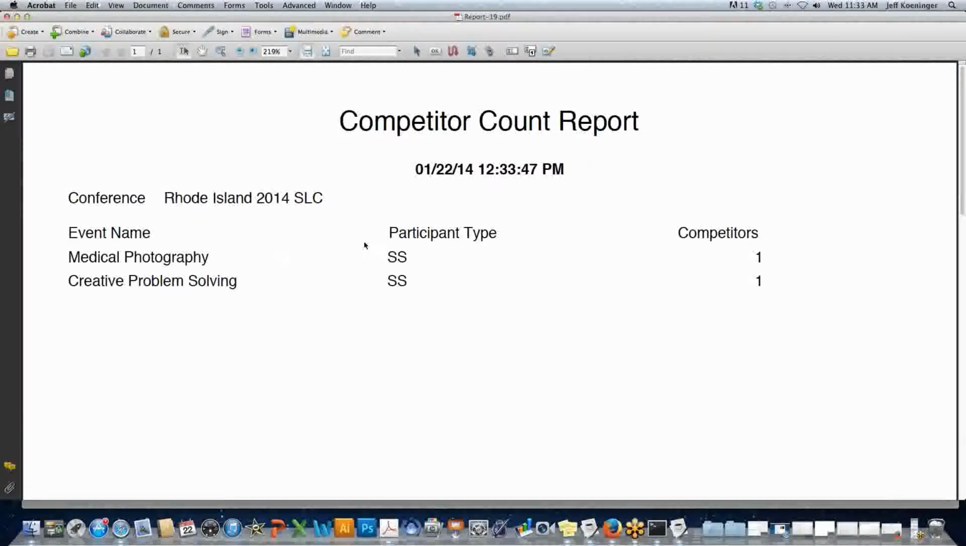This gives you the competitor count report. It is different in that it's only going to tell you how many teams are registered for team events. So instead of telling you we had 3 people registered for this event, it's telling you we have 1 team. So if you're interested not in the total number of participants, but how many teams did I have registered for career health display or for creative problem solving or HOSA Bowl,